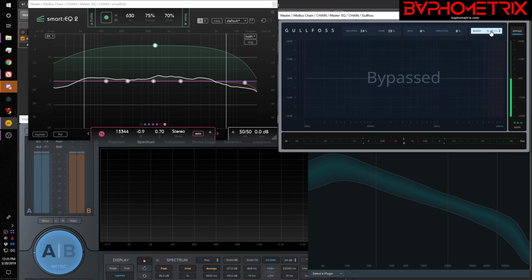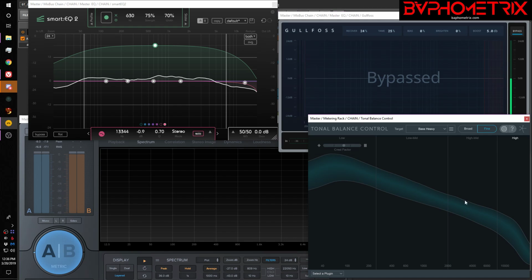What I am doing, however, is a little bass heavy compensation and warmth, because I did want this a little bit heavier on the bass, and I was curious how well Gullfoss would handle this, like what it would do to the low end. So I'm going to warm it up a little bit, and you'll see that